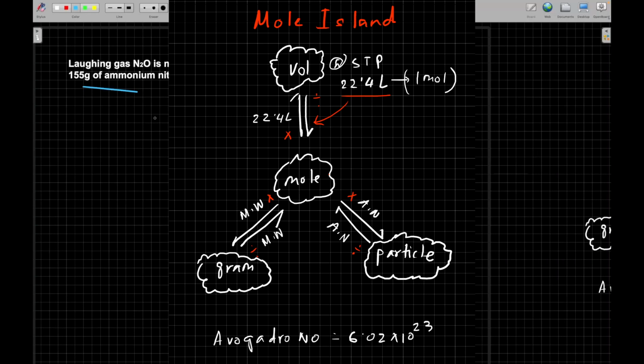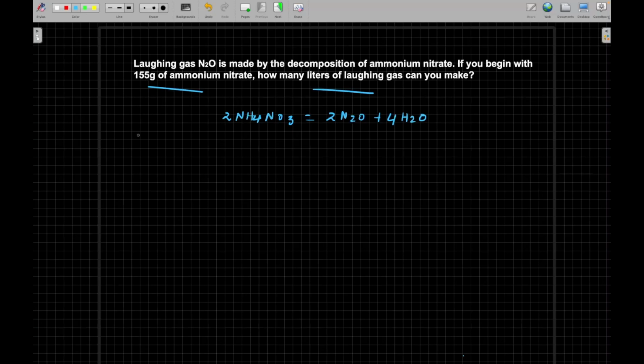So first we need to write down the equation. From the balanced equation we are getting the first set of information: 2 moles of ammonium nitrate, when it undergoes the chemical decomposition reaction, produces 2 moles of nitrous oxide and 4 moles of water molecule. The second set of information we are getting from the word problem,